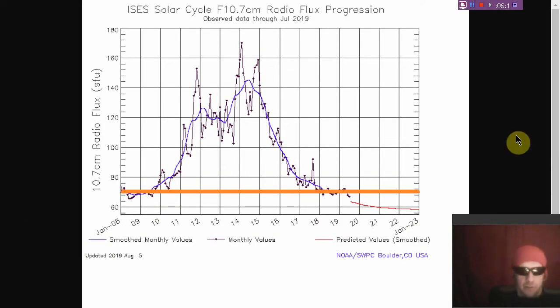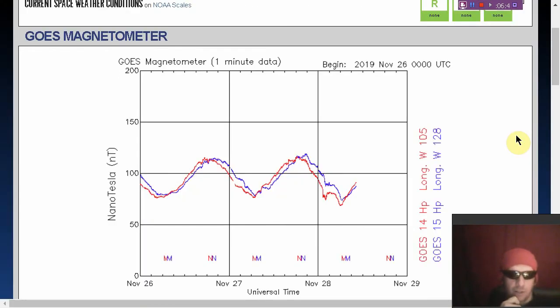10.7 centimeter radio flux, a measurement of the radio output of the sun's outer corona, is up to 72, just on or above that orange line we've drawn in at 70 solar flux units. For you new viewers, the 10.7 centimeter radio flux is quite similar to sunspot number. This was discovered in 1947 with some basic radio equipment, and somebody figured out that we can track solar cycles even if it's cloudy, as it's impossible to measure sunspots from the Earth if it's too cloudy, you can't see through the clouds, although now we've got a lot of space telescopes, so